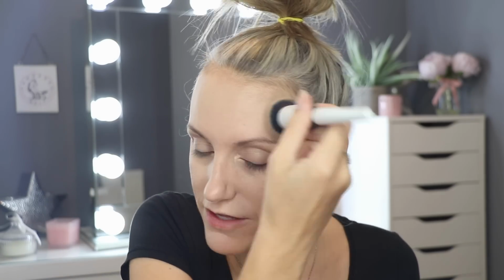This remains looking like skin throughout the day. It goes slightly dewier as the natural oils come through, as it would anyway, but this does not break down and it is really long lasting. So I've worn this for 12 hours and it still looks decent after the 12-hour period. Obviously it doesn't look like it's just been applied and you might need to blot a little bit throughout the day, but